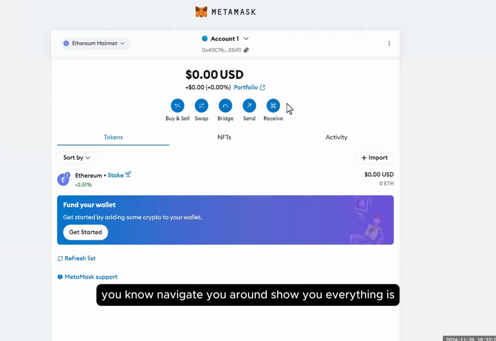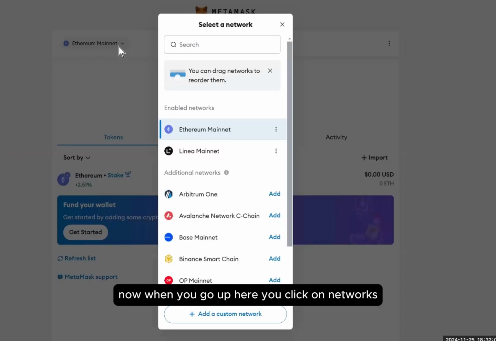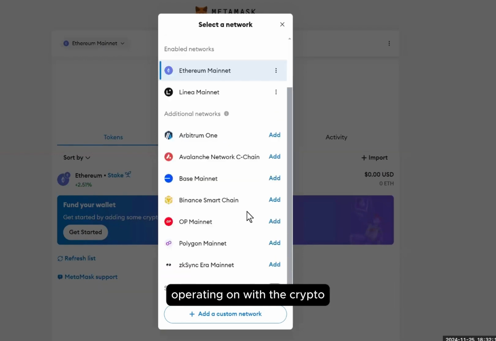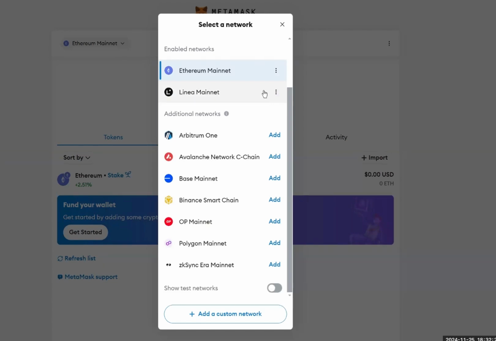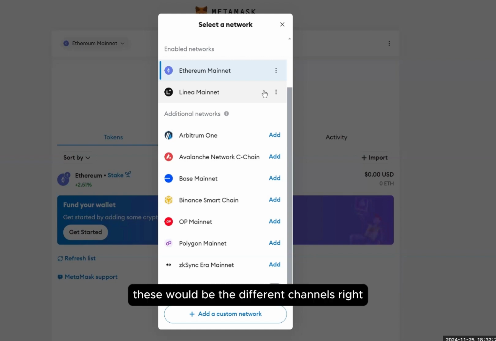And navigate you around, show you where everything is. Now, when you go up here, you click on networks. This is going to allow you to switch the network that you're operating on with the crypto. Now, a simple way to think of this is kind of like, if this was a TV, these would be the different channels, right? But no matter what channel you're on,